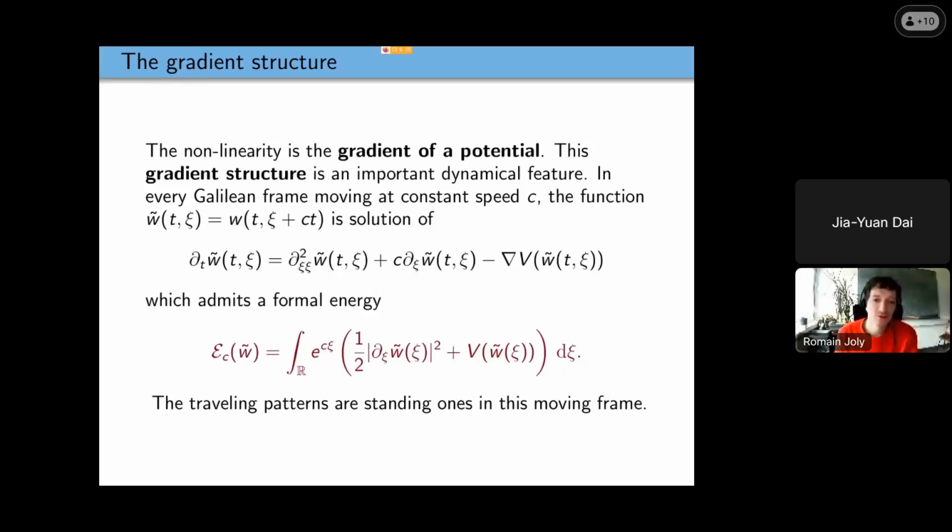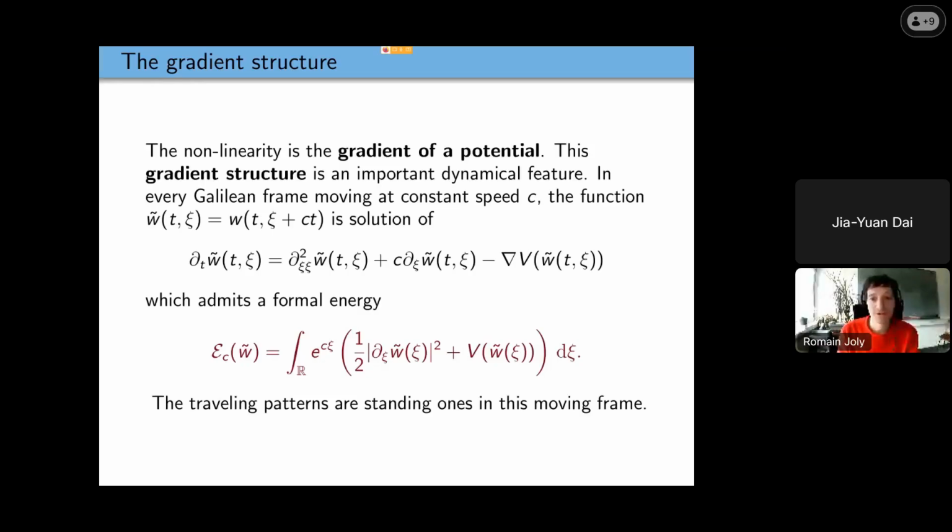Okay, so I would like to study this kind of patterns, and so let me motivate the fact that I'm looking at systems with a gradient nonlinearity. So this is a very particular structure. Actually, this structure is important from the dynamical point of view, because once you assume that the nonlinearity is a gradient of a potential, you have an energy, and this energy is simply the classical parabolic energy. It's 1/2 the square of the gradient plus the potential energy. Okay, so you have an energy in the static frame, if you just consider the PDE.